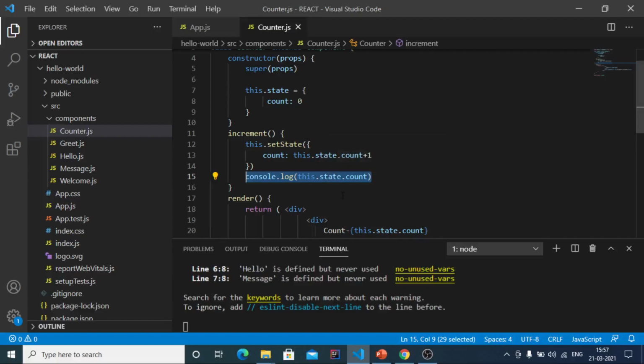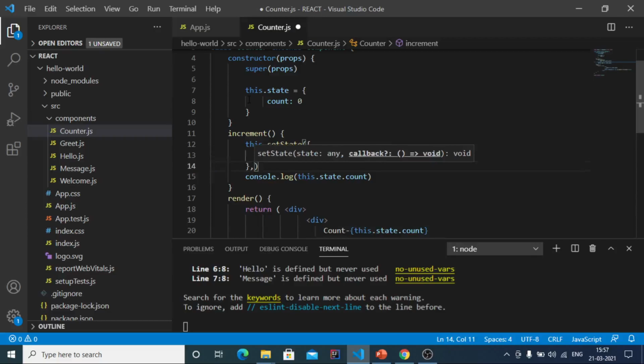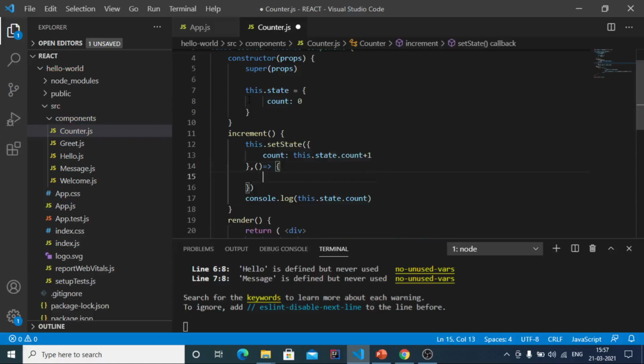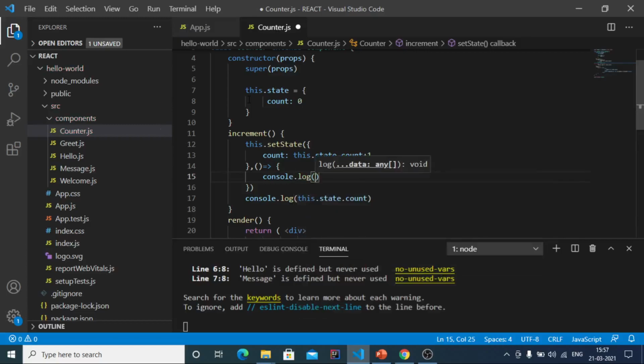So here you will be making use of setState method after the object. We have to make use of a callback function using arrow function syntax, and here we'll be writing console.log, and here we'll be making use of callback function.